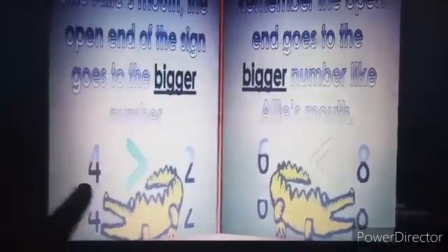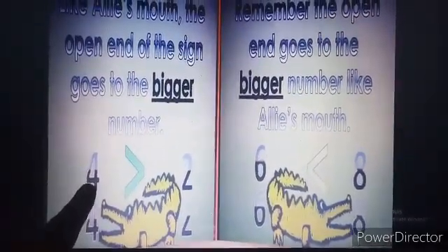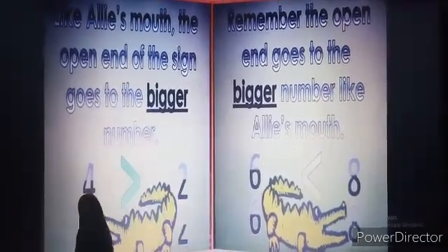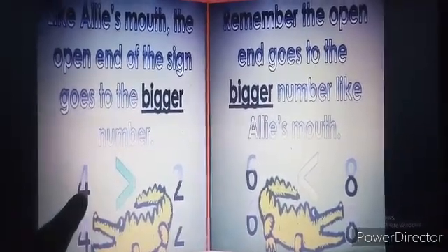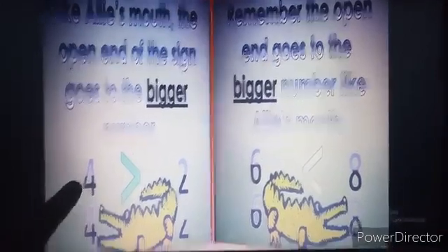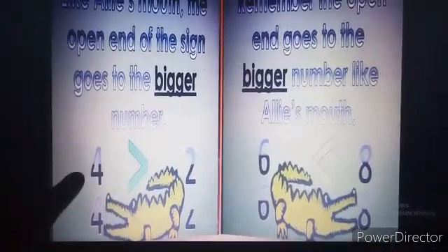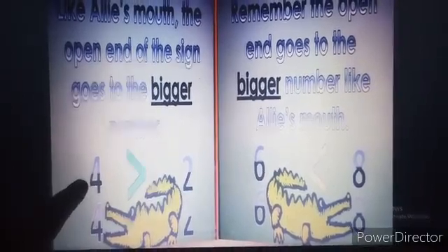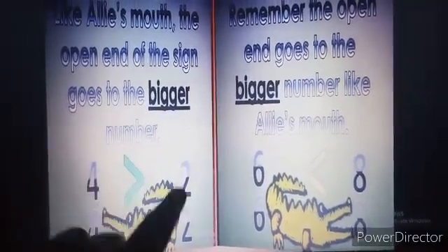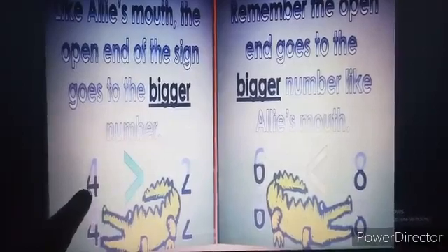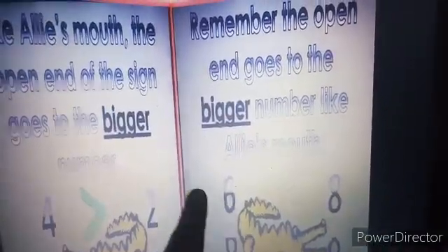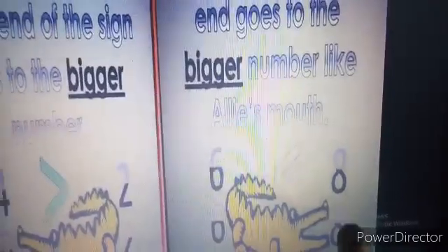Okay. Now you can tell me 4 and 2. Which one is bigger? This 4 is bigger. So Ali will eat this 4 number. Understood? Then how you will tell? 4 is greater than 2. Understood? Here also you can see two numbers are there, 6 and 8.